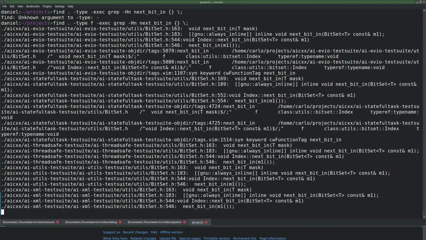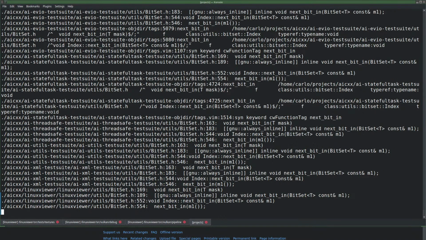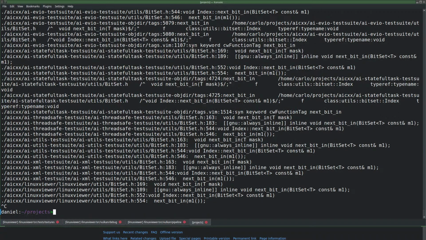Or maybe you should be looking for the bitset iterator. It's also not leading anywhere, at least not fast enough.